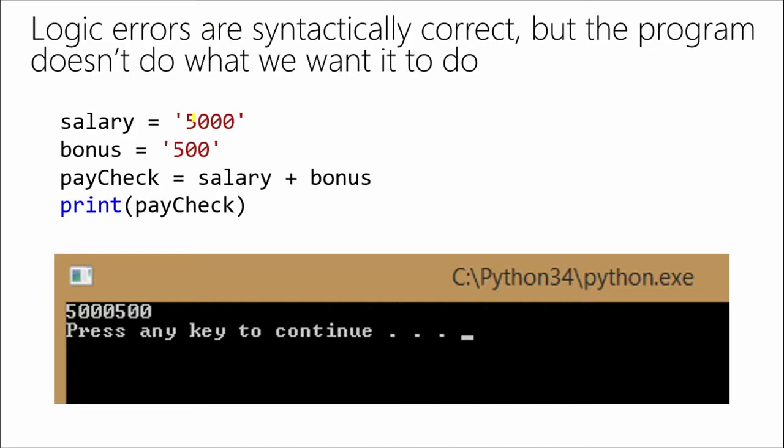I'm just saying. And the problem was because we put quotes around our numbers, they were treated as strings. So when you use a plus symbol to take this string plus this string, it concatenates the two strings together. If you take a number plus a number, it adds the numbers together. So we end up with a total of $5,500,000.